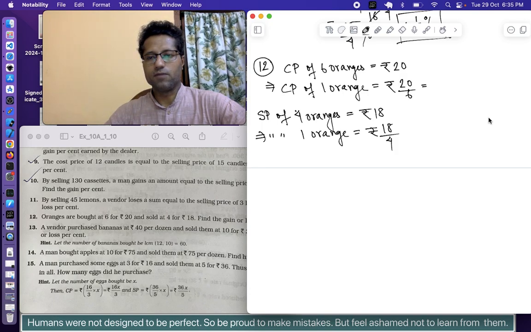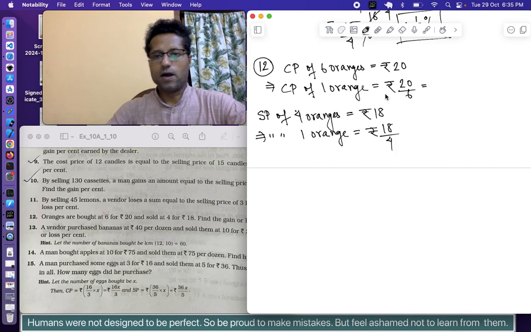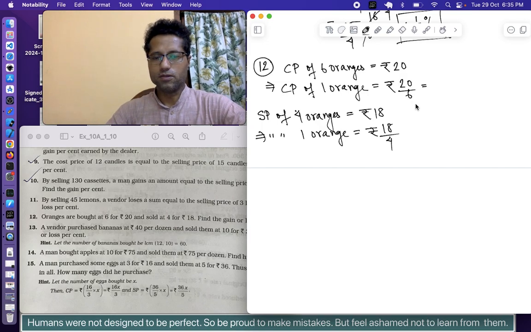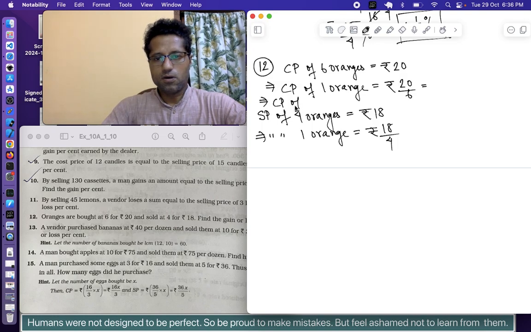Meaning, I want the CP and SP to be integers instead of fractions. In this case, the CP of one orange is coming to be 20 by 6. I want that to be some integer. So I can say that this implies, CP of